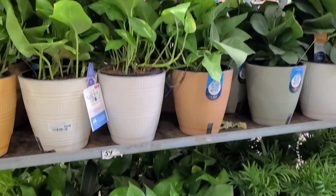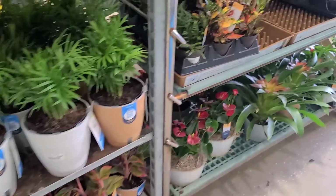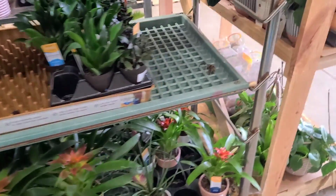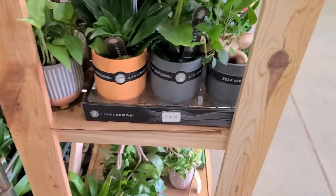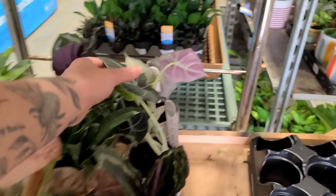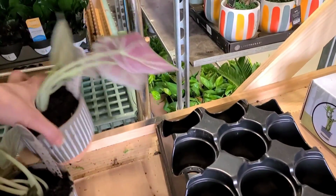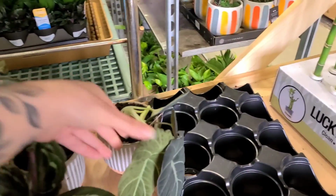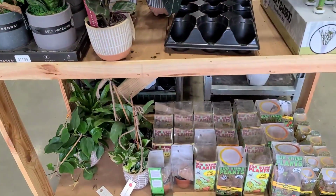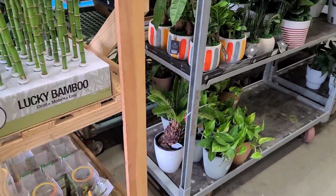stock of the Wick and Grow, lots of golden pothos, parlor palms, some aglaonema, some creepy bromeliads down there that I don't even know anybody who has those. Do you guys have those? Do you buy those? Who buys those? Do we even like those? I know that I don't like those, but I can't be the only one who thinks that bromeliads are weird and creepy. Not all of them, obviously, because it's a very large family of plants, and I like pineapple, but the flowering ones that you see at the grocery store are actually kind of terrifying to me,